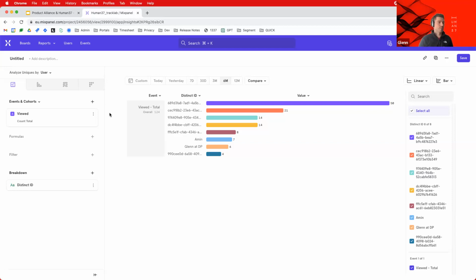And product analytics tools are actually built for that. I always call them the SQL builders for non-SQL people, and it's actually what it's doing. Show me all the events where the event name equals viewed and break it down by, and then a parameter. So that's a very important element.